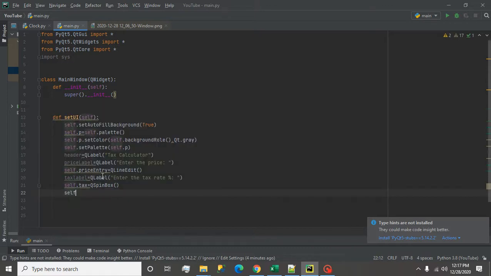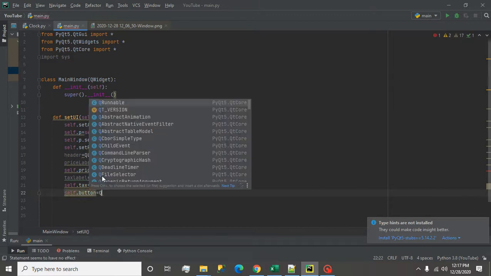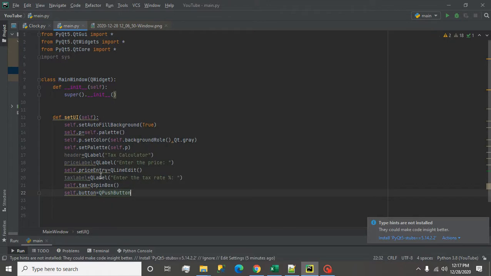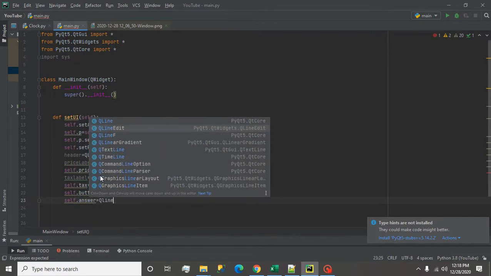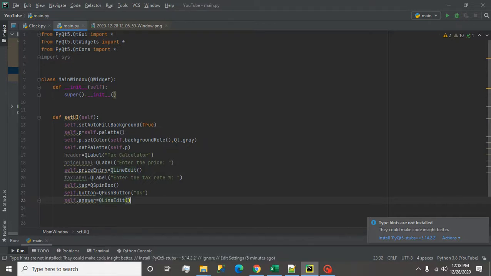Now I have to create the button, so I write self.button, and here I call the QPushButton class, and here I pass the name of the button. And one more variable I will create, that is for the answer, so I write answer is equal to QLineEdit. We have done this much.